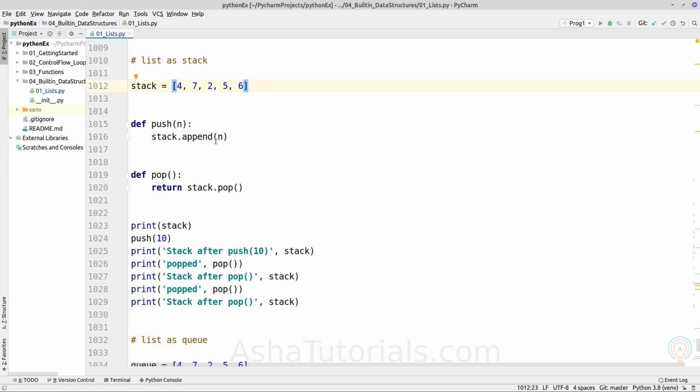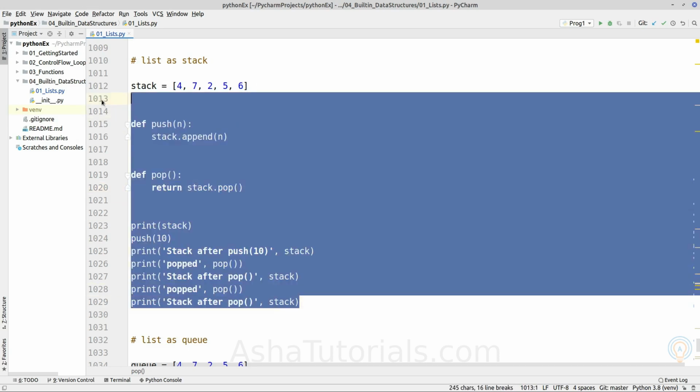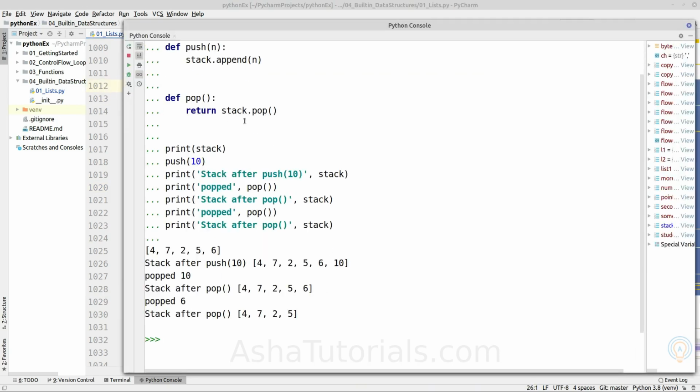Append will add to the end of the list, and pop, as we know, removes and returns the last element of the given list. So these two functions will simulate the push and pop functions of a stack.